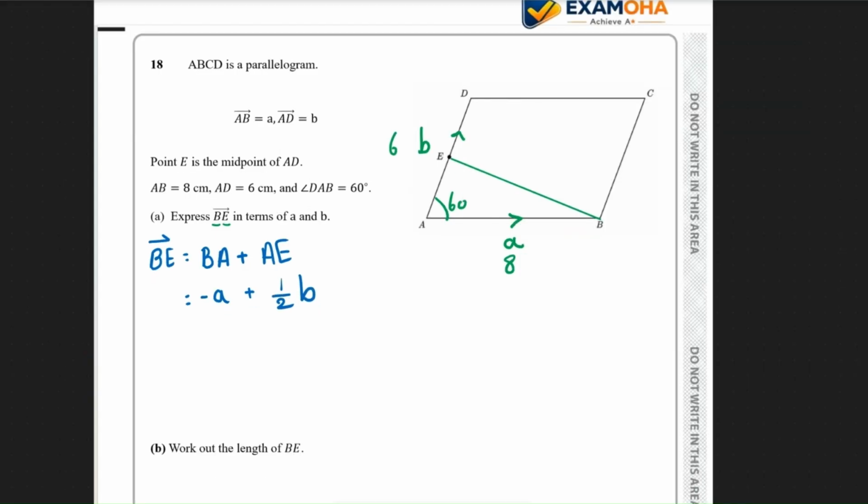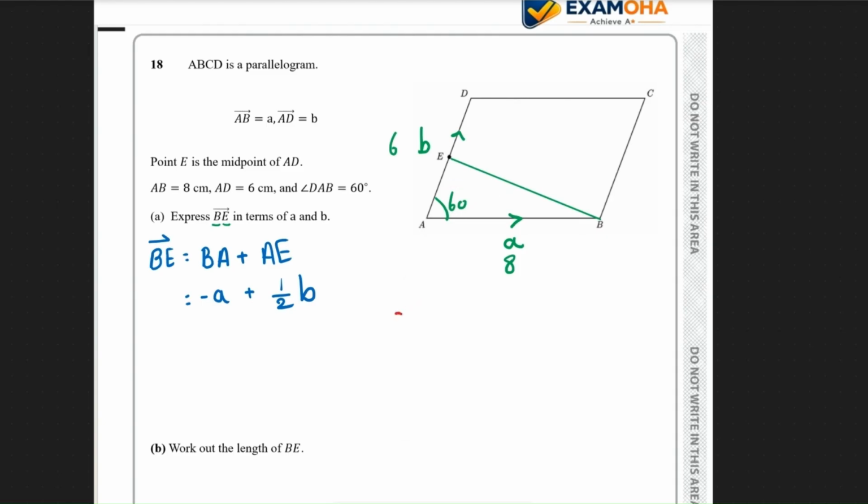The second part here, ask to work out the length of BE. So where is BE? So here is B toward E. And this is not a right triangle. So the way to do this one is to use cosine rule or sine rule. It's easier here to use cosine rule as we have one angle and we are looking for the sides here. And as you know,